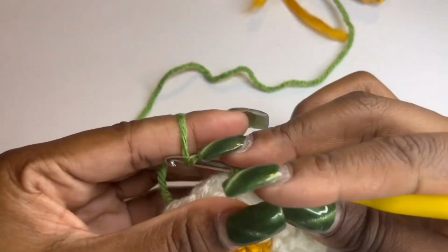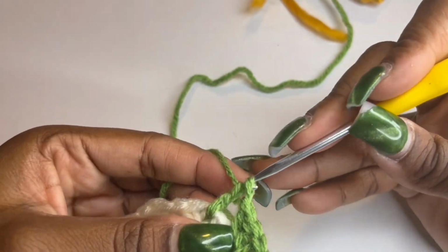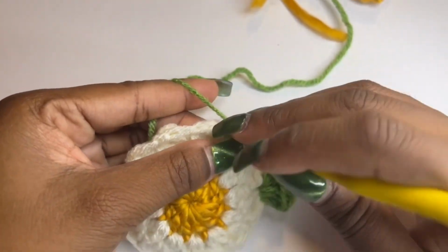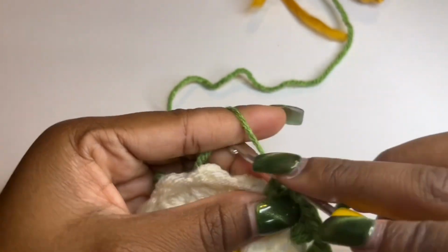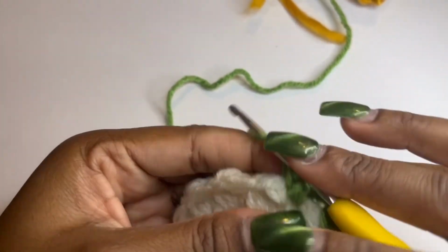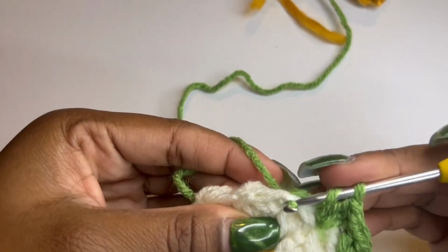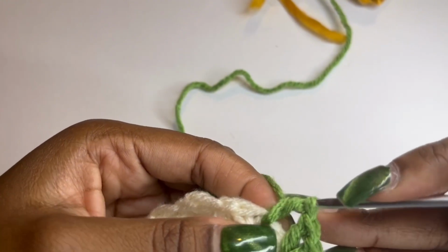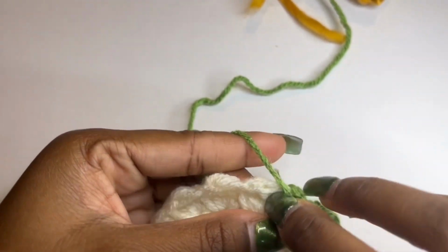you see how I'm trying to tuck it in while I'm crocheting? That's what usually people do. Sometimes I be lazy and not even do that. I just cut it at the end. Okay, and then 1 more double crochet and 3 double crochet. There we go. Okay, so now I'll do the next stitch, the next chain 1 space, 3 double crochet,